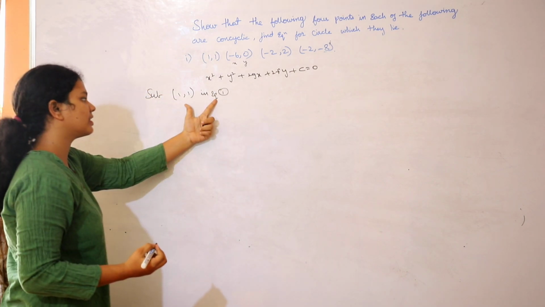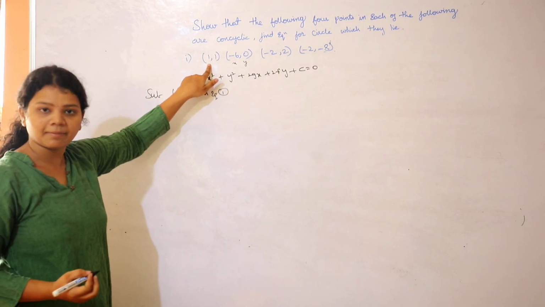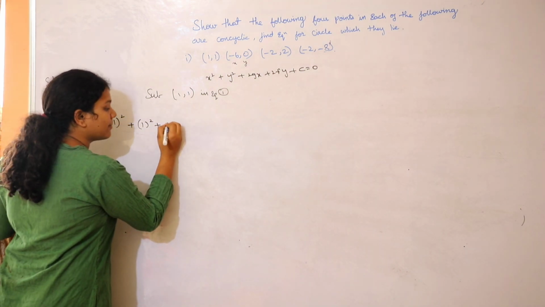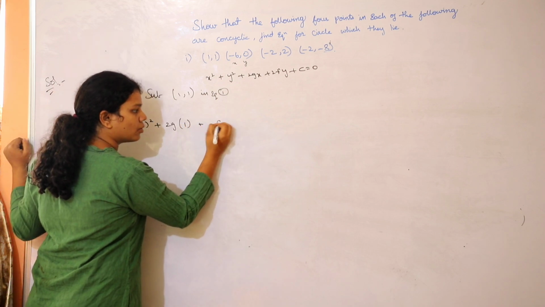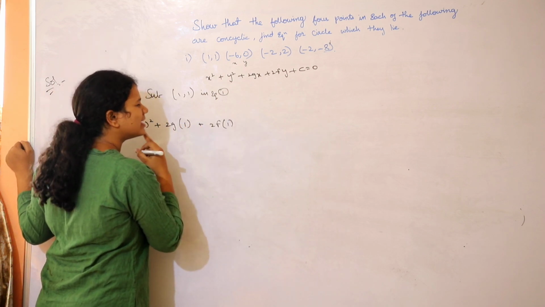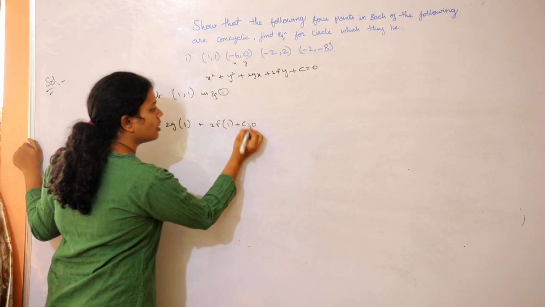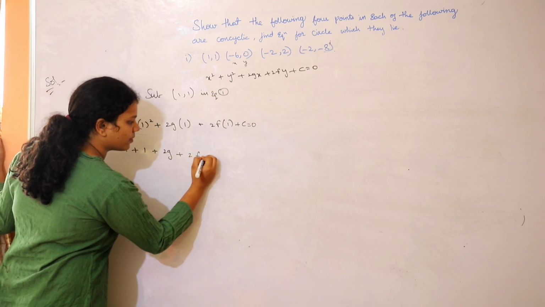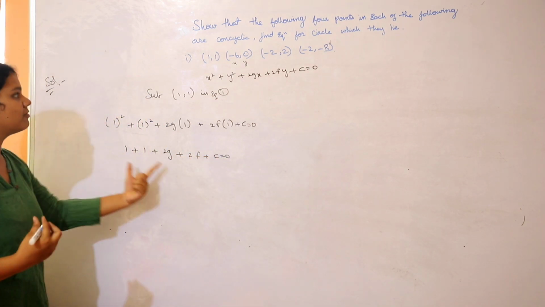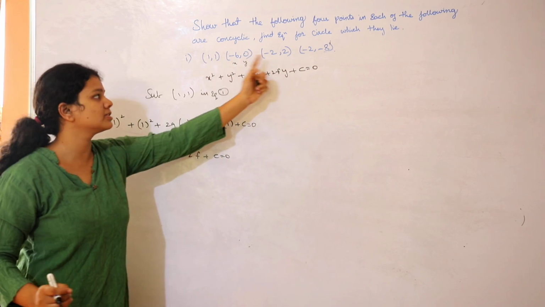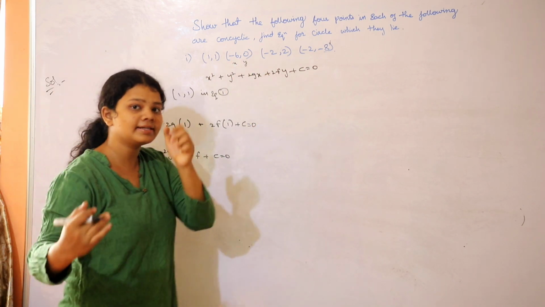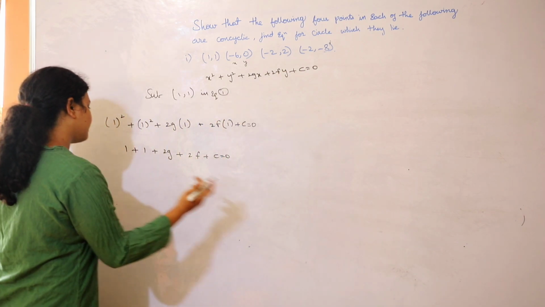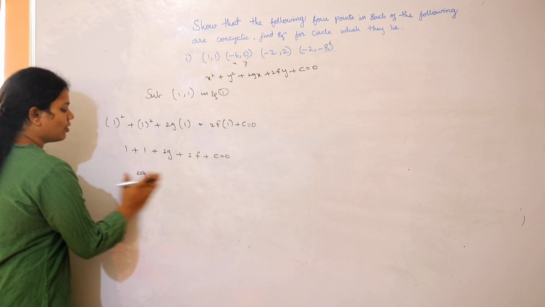First, substitute 1, 1 in equation 1. This becomes 1 square plus 1 square. Same process, guys, until you get the new equations. You should find the equations from these points. Either pause the video and find these 3 points' equations, or skip the video till I get these 3 equations. Don't waste time, or else watch it at 1.5x speed for faster understanding.